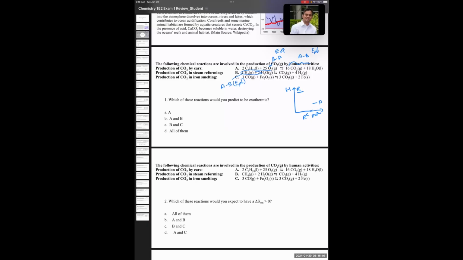On the other hand, on the product side, we have some AA bonds, like in hydrogen, meaning weaker bonds on the product side and higher potential energy. So we are going from lower potential energy to higher potential energy, and energy needs to be absorbed, meaning it's an endothermic reaction, not exothermic. Reaction C, you are going from